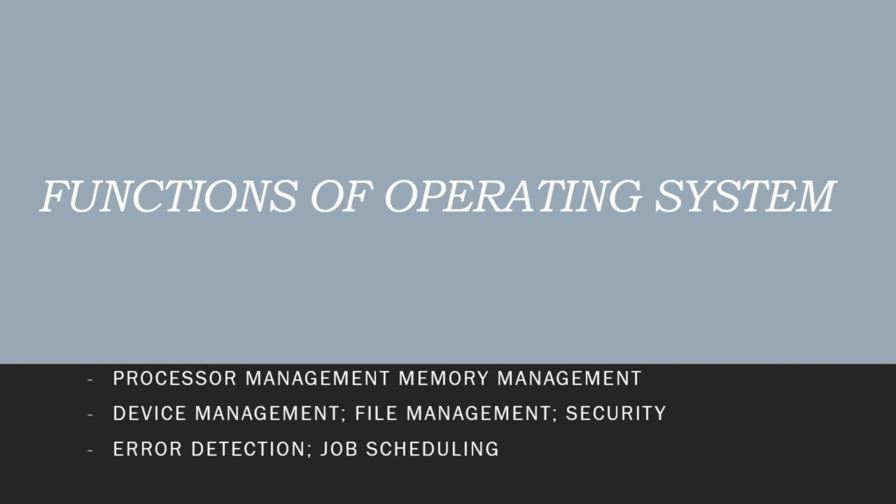Now, error detection. The operating system checks the system from time to time for any kind of external threat or malicious software activity. It also checks the hardware for any type of damage. Suppose your keyboard is not functioning, at the beginning itself it will give you the message: keyboard error, press F1 to proceed, like that.